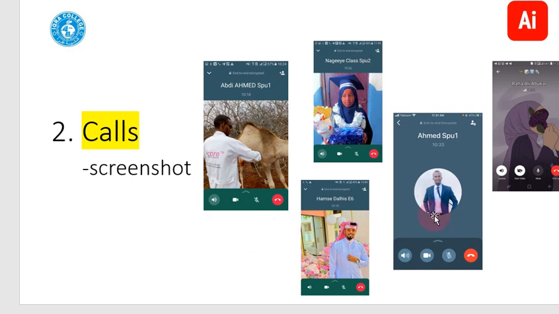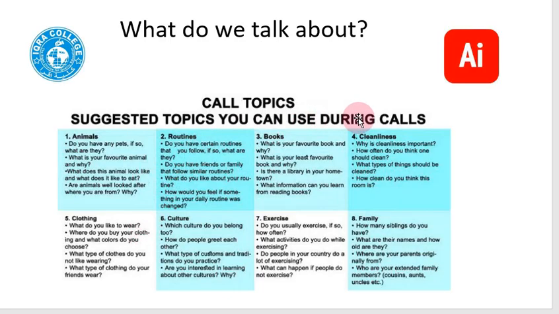Here are some amazing people in our program. They took screenshots of the call, and they talk to each other. So in 1 month, maybe you talk to 100 people. Imagine that. You're practicing all that English. All right. So we recommend 10 minutes minimum. That's why it says here 10 minutes. If you see 10 minutes, 10 minutes, 20, 10 minutes, 18.